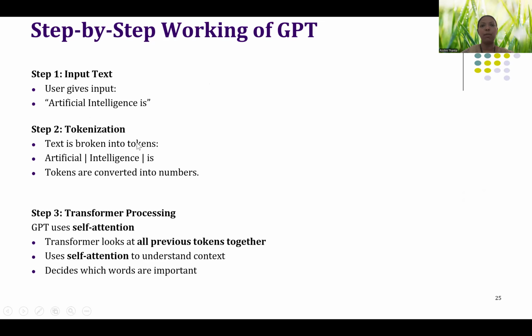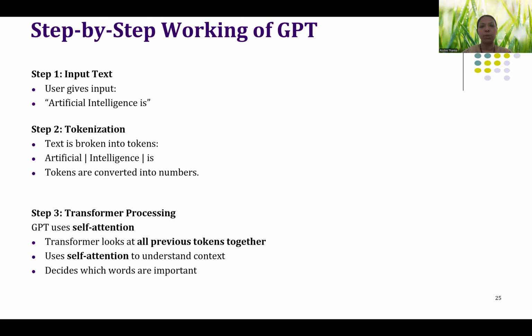Now after it divides the input into many tokens, it converts each token into a numerical format. That numerical format we call vectors, and that is the embedding. Since it is a numerical format, comparing it with other content is very easy and accurate. That is the specialty of this. So after we do the tokenization and the embedding, embedding meaning converting every token into numerical format, then we do the transformer processing.